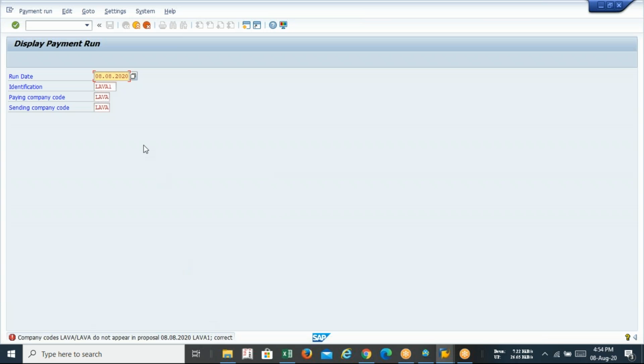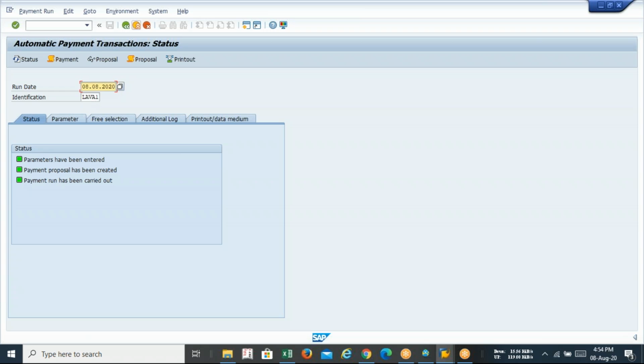Okay. You just check once, because sometimes this error message comes because of a previous payment. My recommendation is to create a fresh vendor and run the process. Maybe some previous payment is pending. I will check it out.